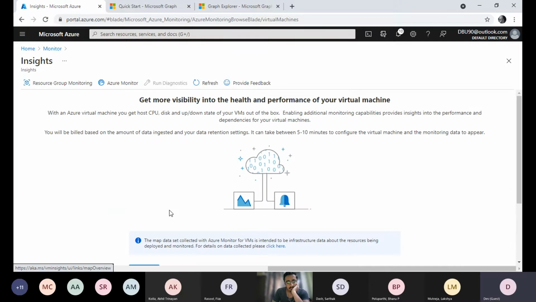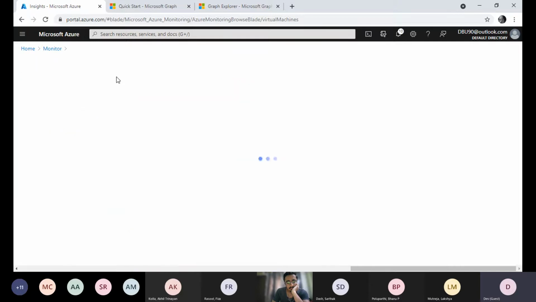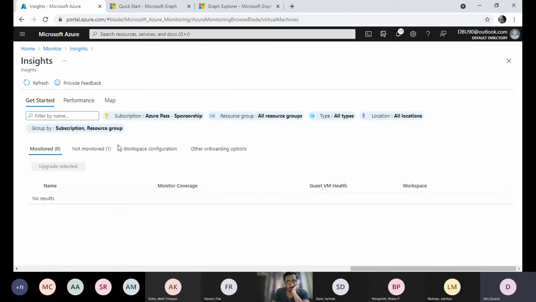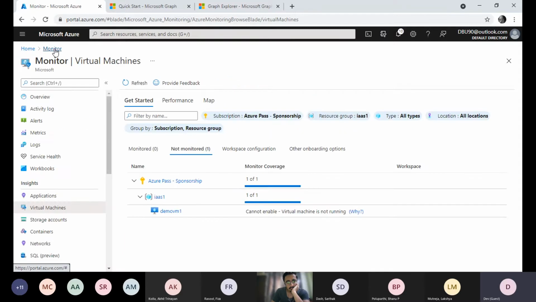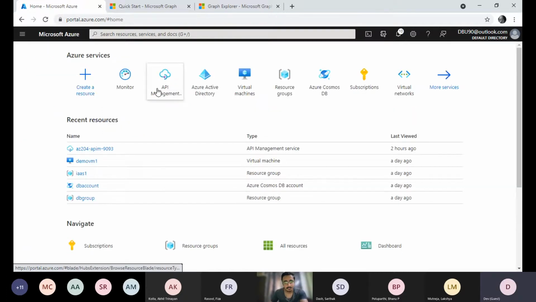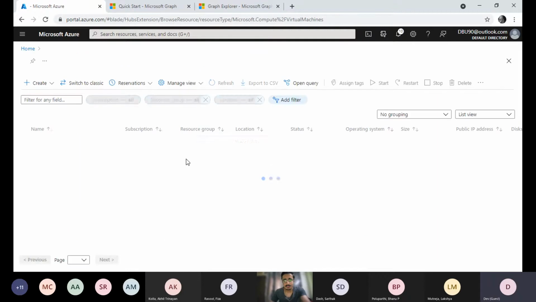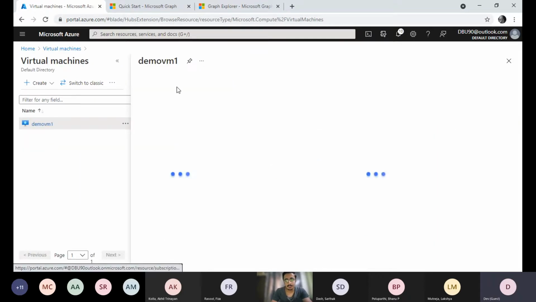So this is the one which we are having. I think we did not allow that monitoring option. It's auto shutdown, right?